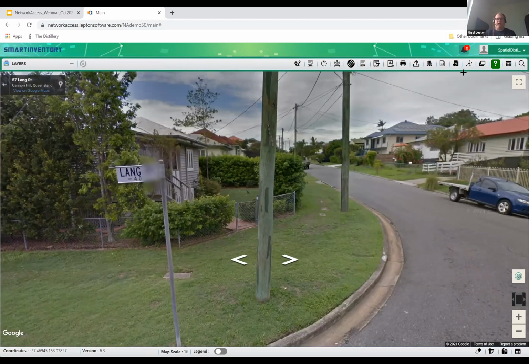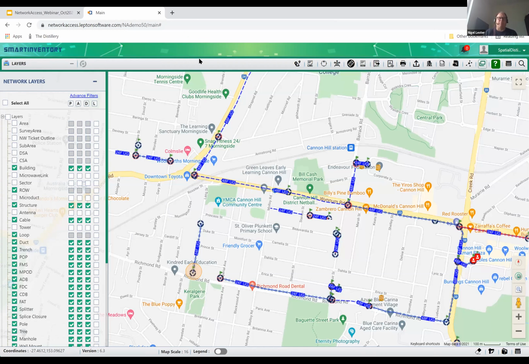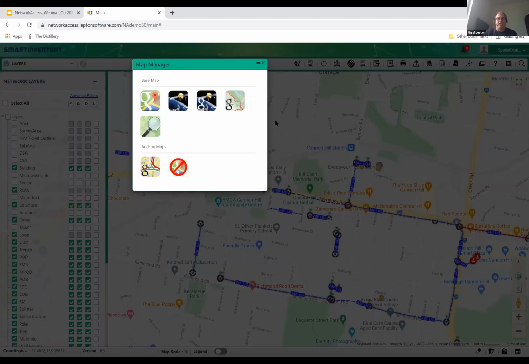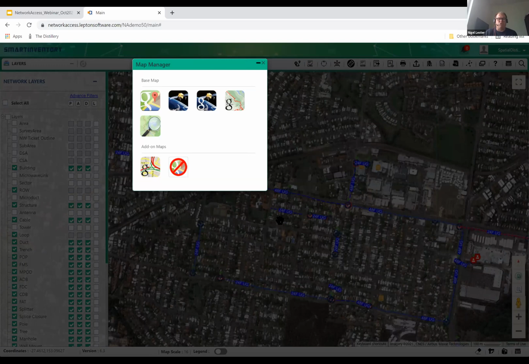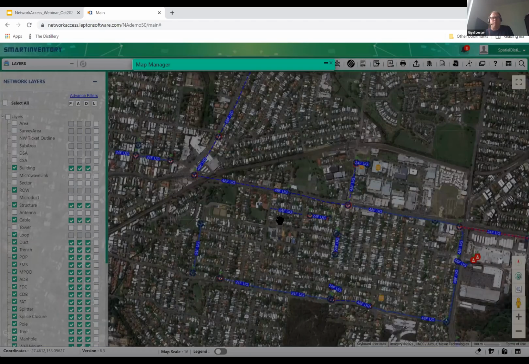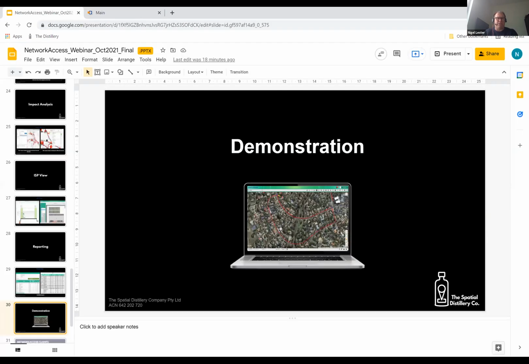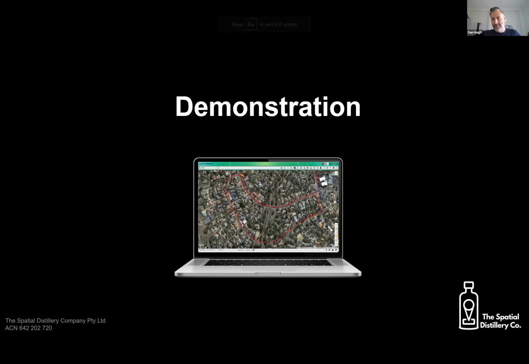The final thing I was going to mention, Dan, is you can easily and quickly flip from base map imagery to satellite imagery, but you can also consume your own mapping web tile services. So if you have your own base maps, or data from Aerometrics or Nearmap or something like that, we can also consume that data directly into the platform. So I might leave it there, Dan, and flip back to here. Hopefully that gives everyone a feel for the platform and how quick and easy it is to use.